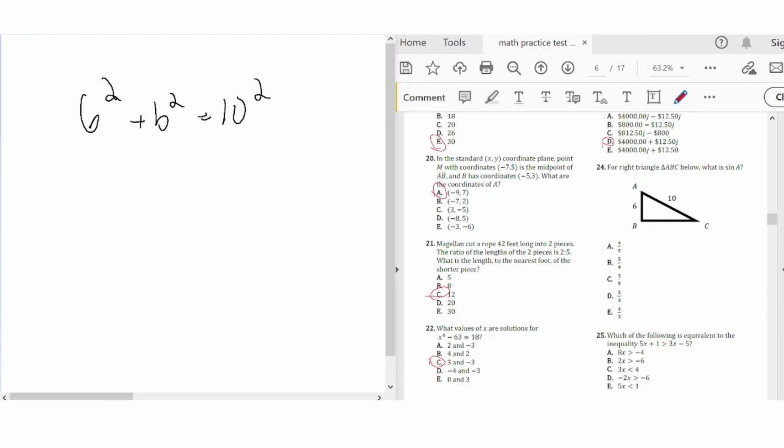All right, 6 squared plus b squared equals 10 squared. We're calling this missing side b. So we've got 36 plus b squared equals 100. Subtracting 36 from both sides, we get b squared equals 64. Therefore, b equals